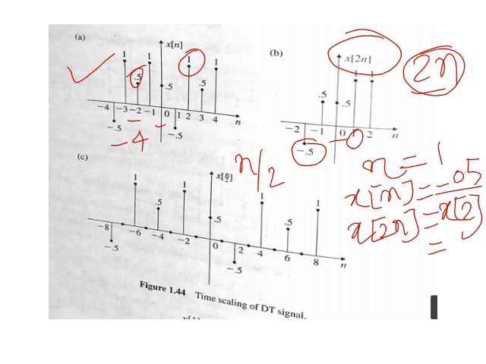Same thing is applicable for this n by 2. You can take help from our previous discussion also. This we have already discussed in unit number 1. You take the help from that unit also. Same concept is applicable here. The only difference is that in unit 1 we have seen the continuous time signal, but we are discussing the discrete time signal. Okay,